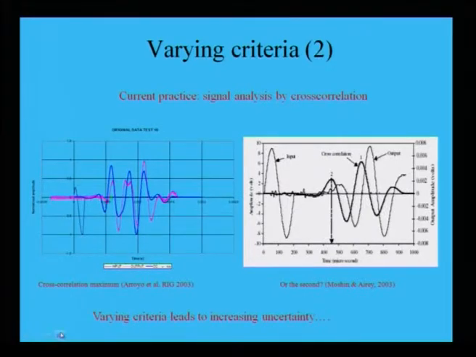Signal analysis by cross correlation. Cross correlation means the original data is there. Now, you can take other correlations and superimpose them. If you look here, this is my input, this is the output, and if you look at this, these are your TCC, that means it has been superimposed.